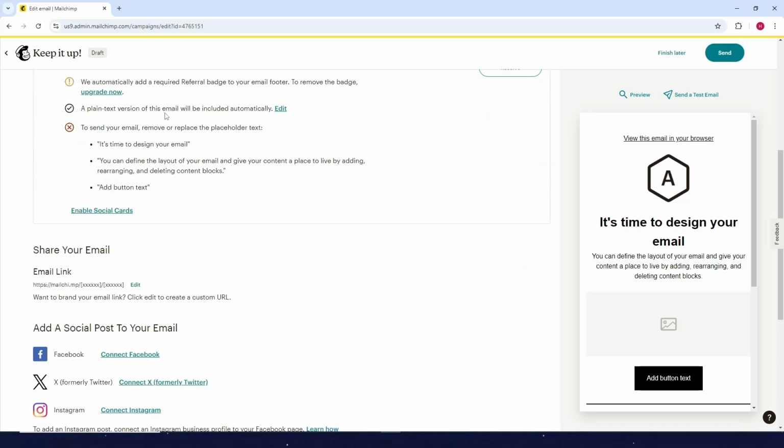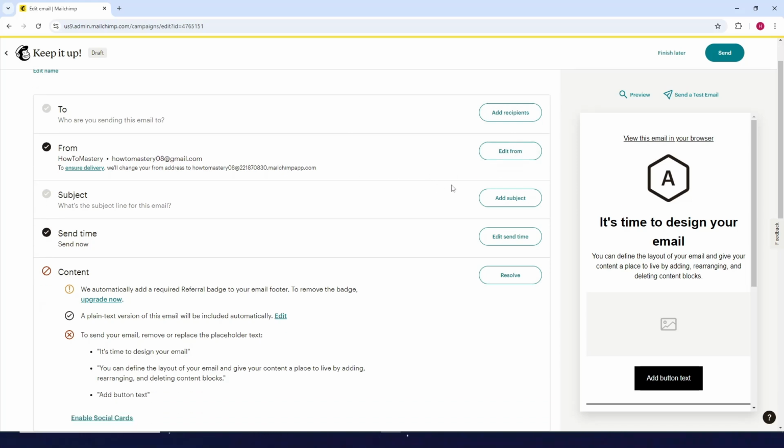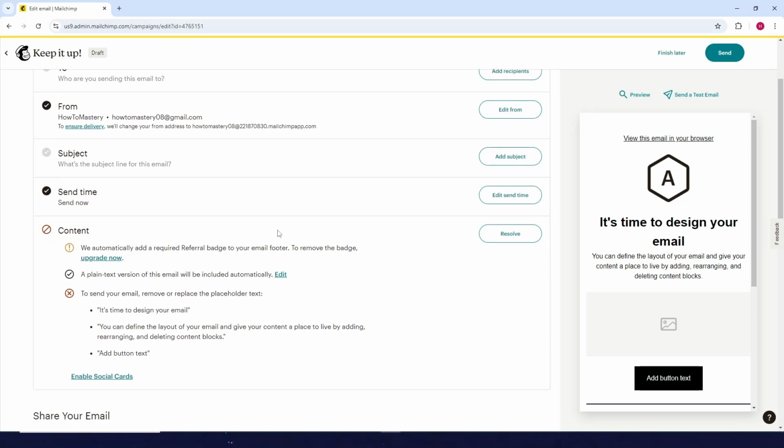Okay, now after that, just add some recipients. Then of course this is your email, and then add a subject, the send time. You just schedule when you want to send it or just send it now. And then these ones are the problems you need to